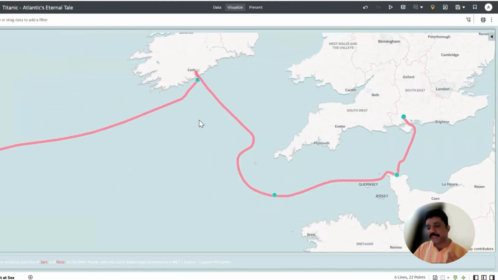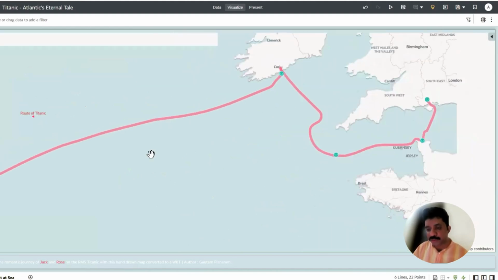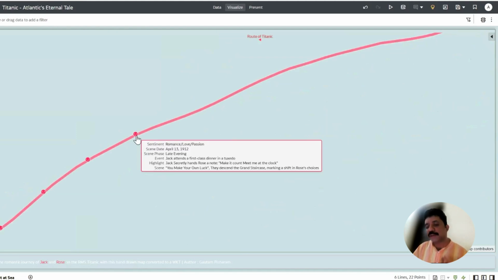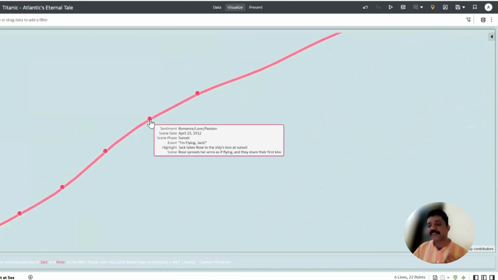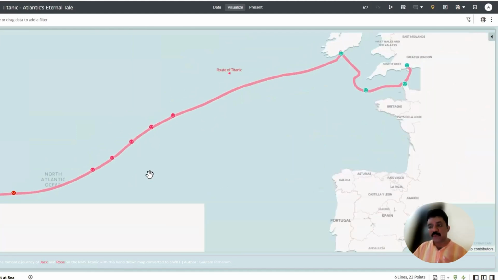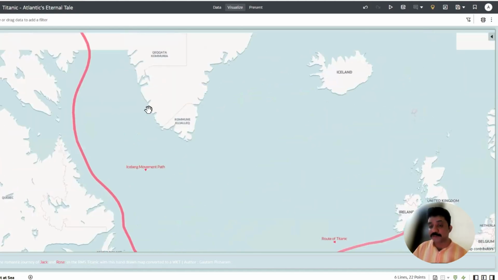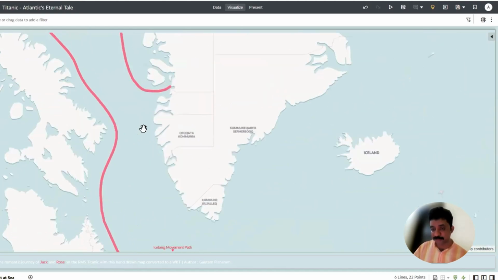And then it ventured into the Atlantic Ocean. So as and when I move the cursor, we can have a look at the different scenes as well, where Jack attends the first class dinner and the different scenes like that. Now, what would be interesting is we could also get the actual roadmap of the iceberg that collided with the